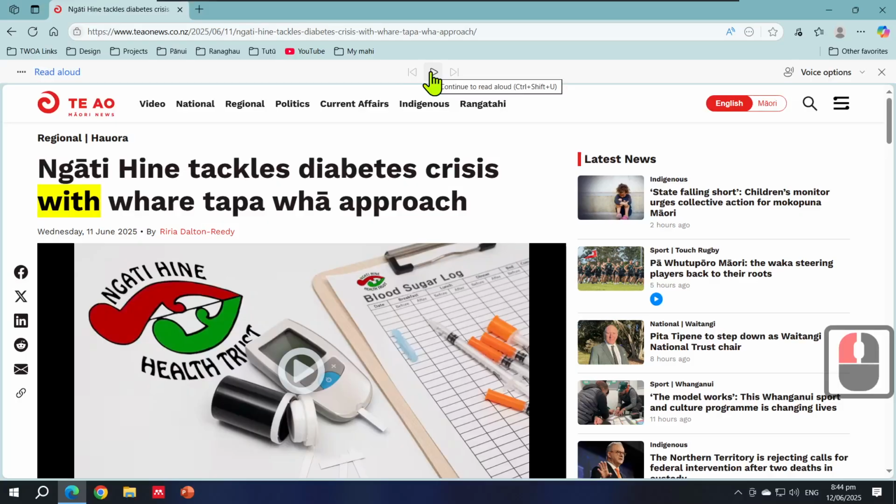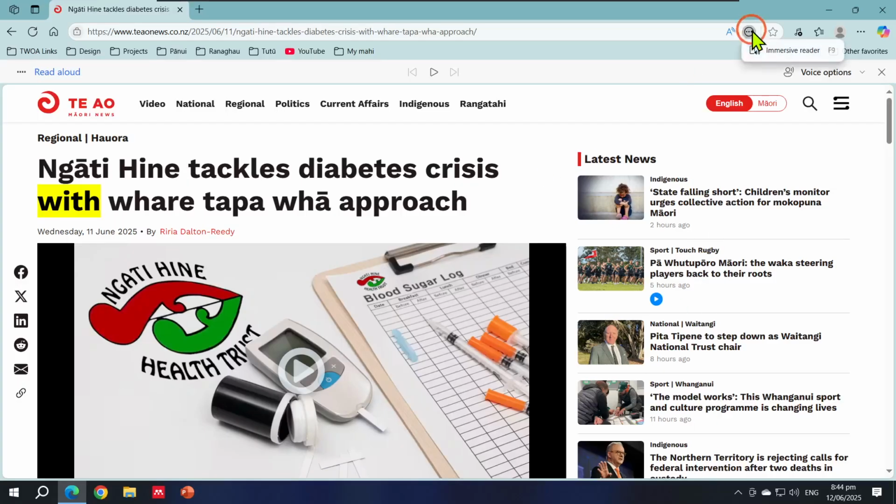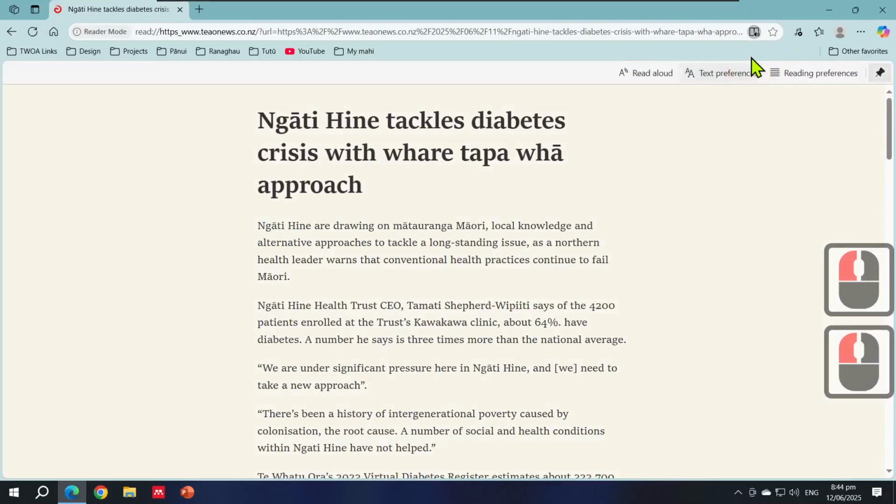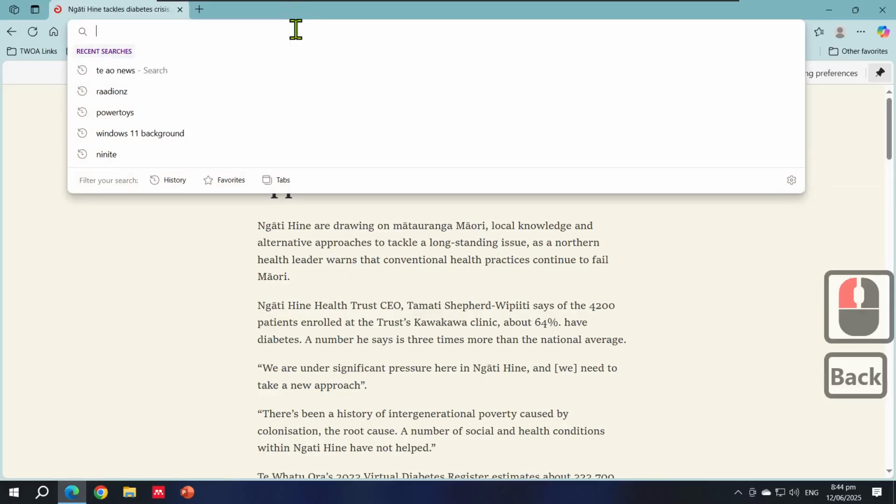Okay. And the cool thing is it knows where the actual article is. It's not going to read every single word on the page, and definitely not going to read this stuff. So read aloud and immersive reader. Now, it doesn't work on every website. So if we go to